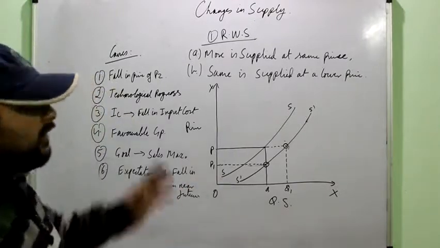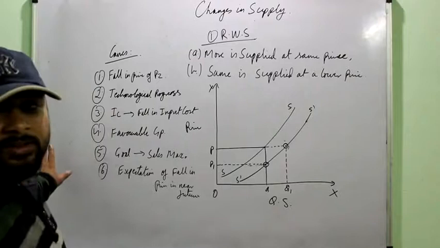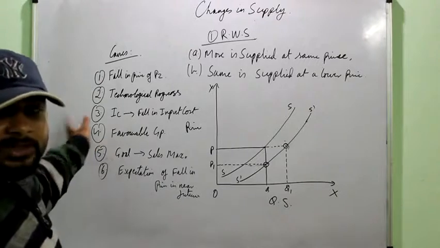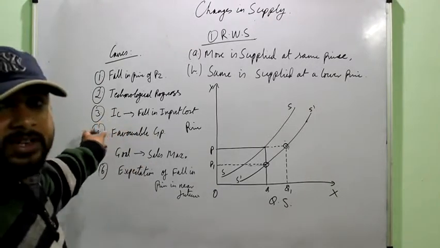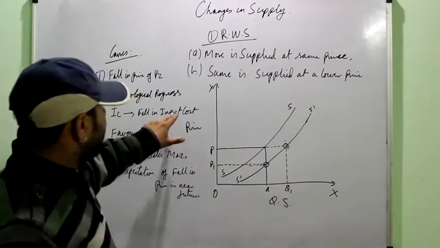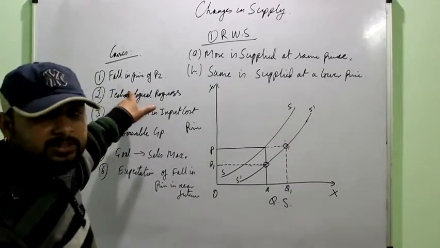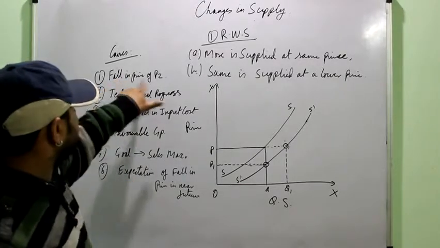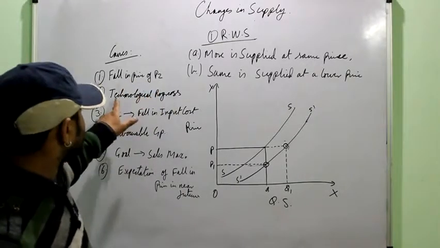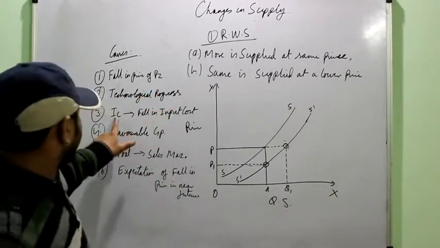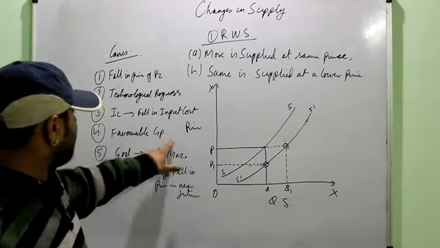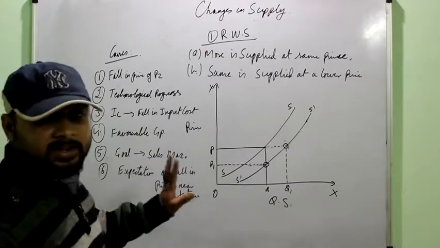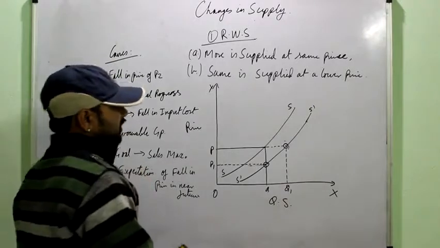Okay, so this is the whole concept of rightward shift, the meaning, the diagram and the causes, right? Causes, you can just have a look at the causes. They are nothing new, they are just the determinants with the positive changes. Okay, the changes in the determinants which lead to rise in supply. When you are writing the causes of leftward shift, same, but they will have negative implications, right? That is rise in the price of substitute, old technology being used, rise in the price of input cost, unfavorable government policy, goal becoming profit maximization, and expectation of rise in the price in the near future, right? So you just reverse it.